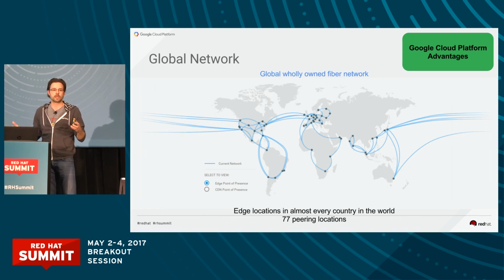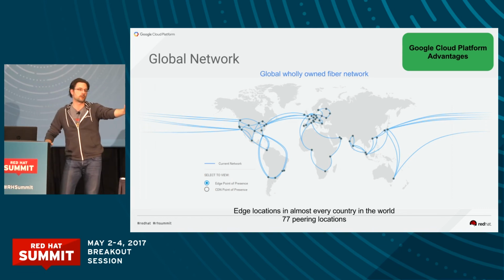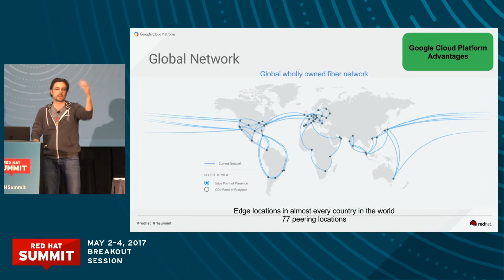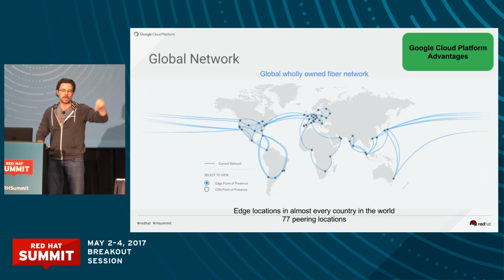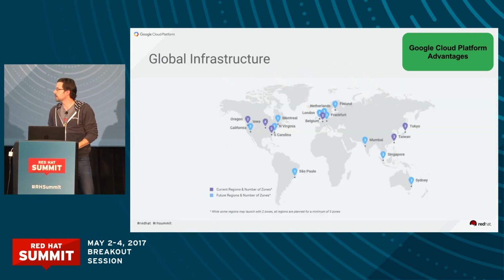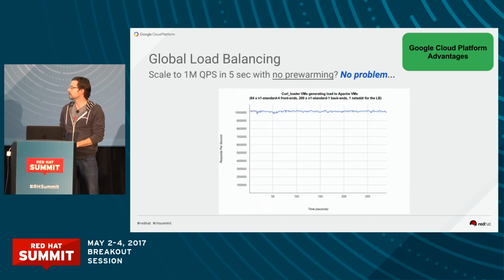We own the dark fiber that connects our data centers. We have a global load balancer. Yes, a global load balancer. Anywhere it hits, on the edge, at any one of these points of presence, which are hundreds of points of presence built out for YouTube and now on our cloud platform, the customer goes ISP, 1 hop hits the Google network, 1 hop on the dark fiber to your data center or to your OpenShift workload, 1 hop back to the customer. Always only 4 hops, and we're doing all the directing from anywhere on the edge that it hits anywhere in the globe. And oh, there's our global load balancer.